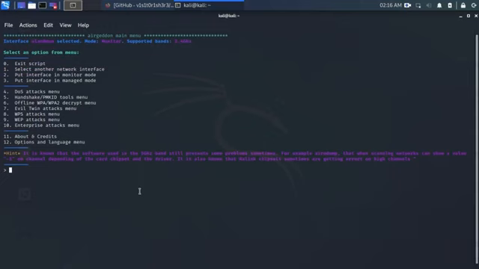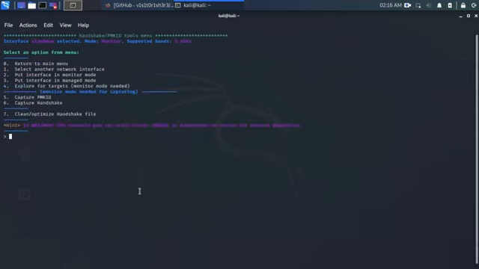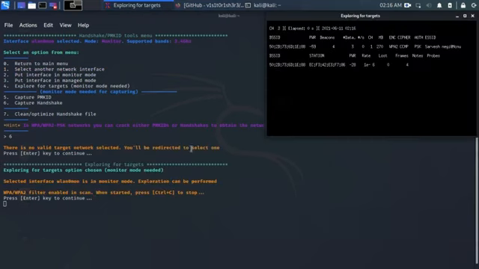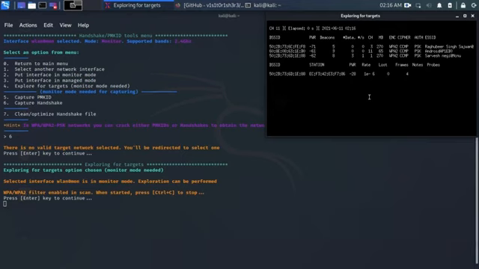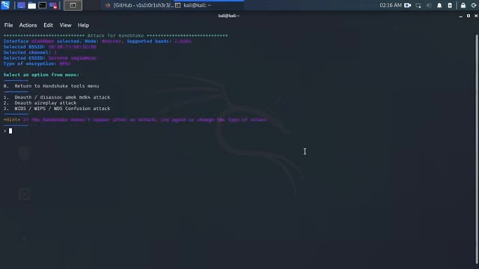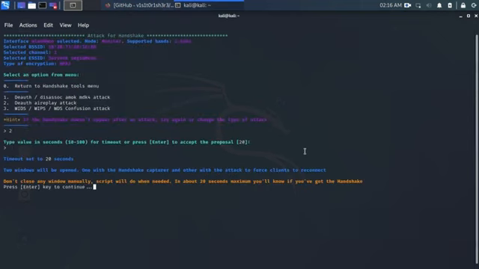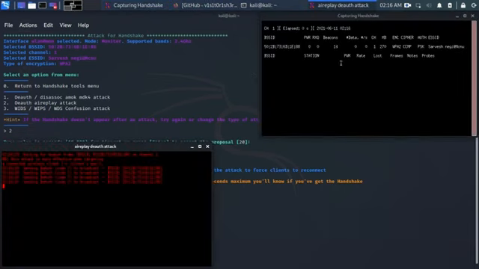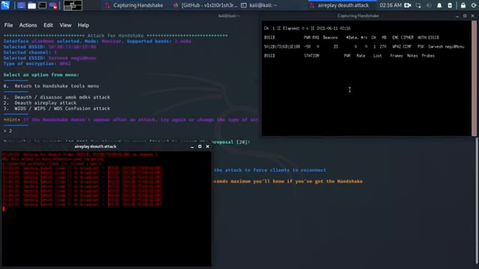Now I am going to perform a handshake attack quickly. We need to type 6, enter. As you can see, these are the available networks in my area. I am going to quit it and choose the 4th number, which is my own Wi-Fi network. I am going to perform the second option, and as you can see, the WPA handshake is trying to be captured.